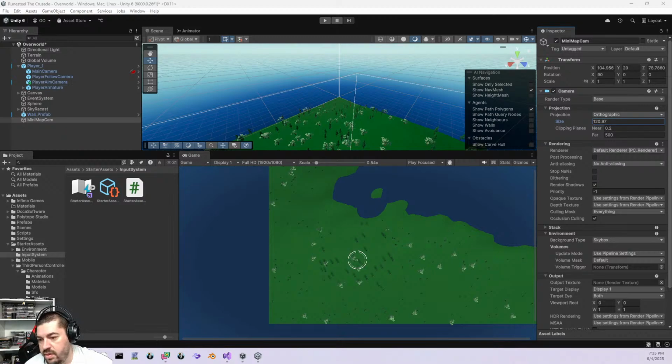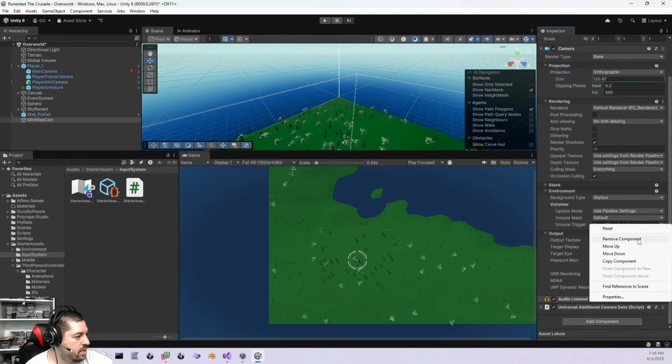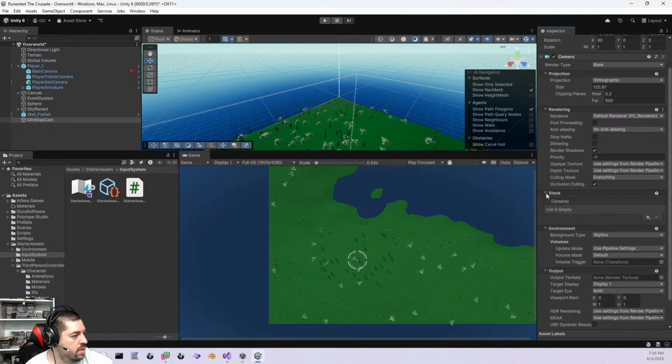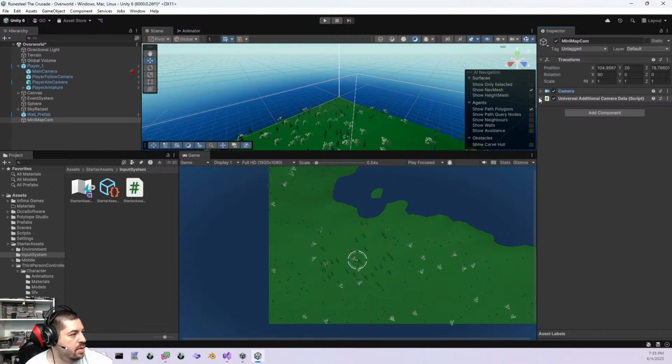We can also delete our audio listener, our GUI layer, and our flare layer. We only want to be using the camera. But